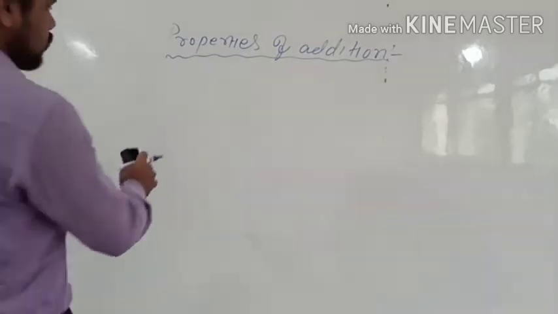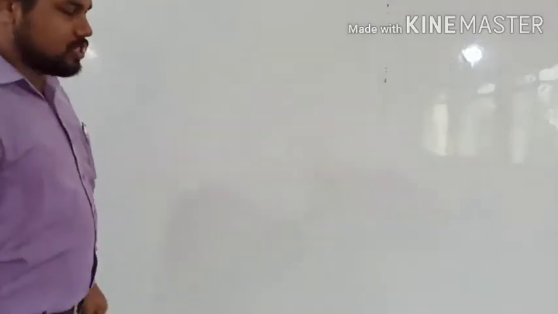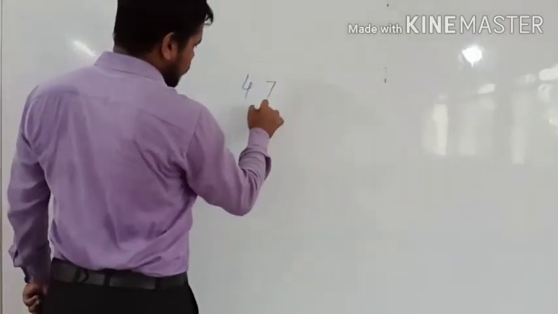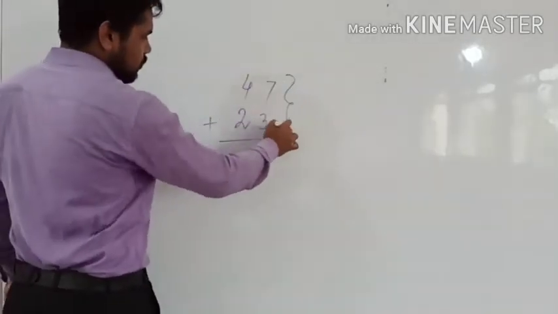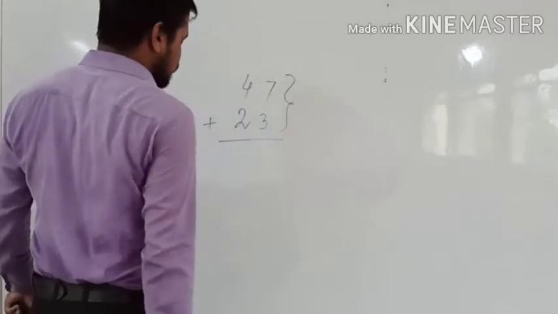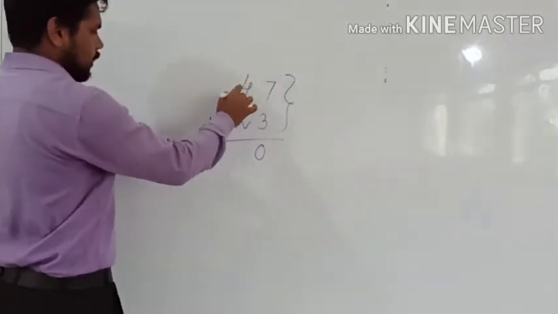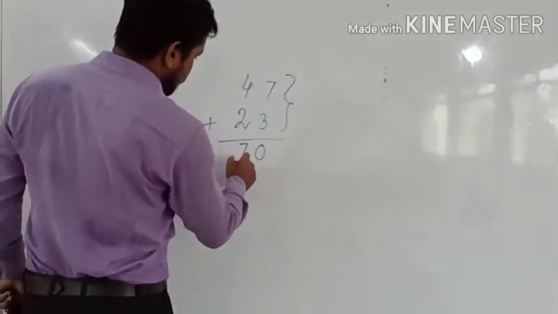Now we have some terms related to addition and subtraction. So first thing, when we add any two numbers or three numbers or four numbers, so we have two types of digits. Okay, one type is the numbers which we are adding. Suppose 47 you are adding with 23. Okay, so these are the two numbers which we are adding. So 7 plus 3 is 10. 0, 1 carry. So 4 plus 1 is 5, 5 plus 2 is 7. So 70, right?